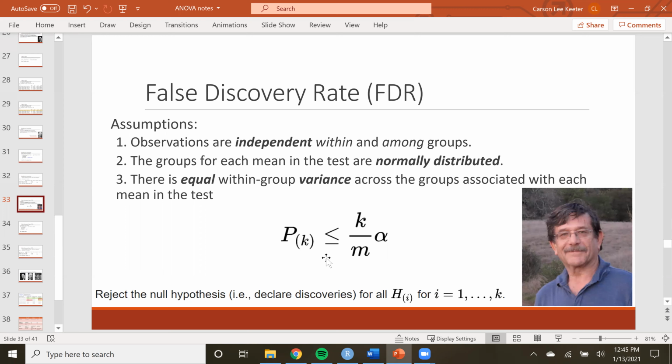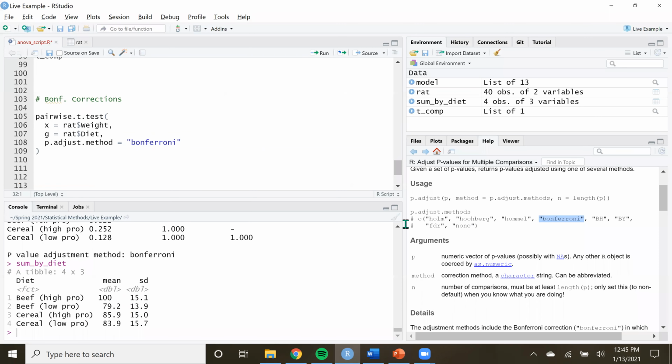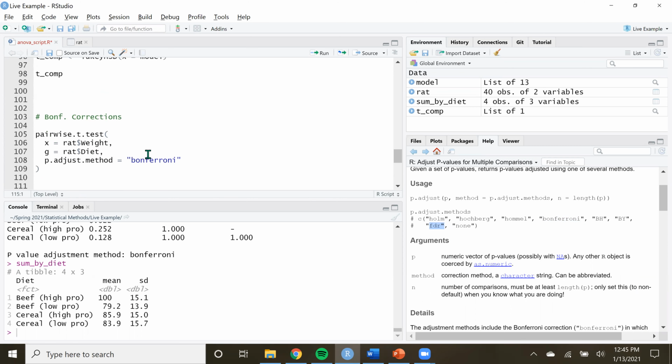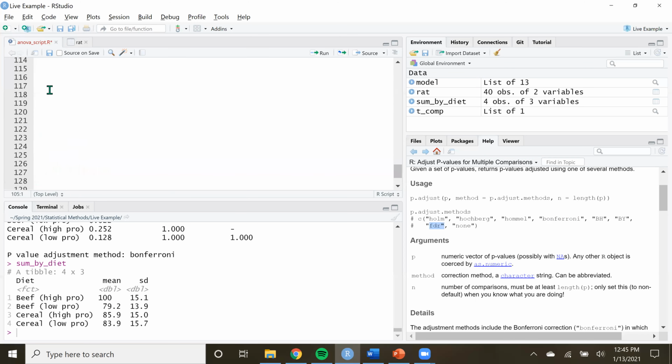So how do you code this? Well, if you come back here to R, let me give myself some more room. Cool. Check it out. We have all of these different options in here for the p-value adjustment that we want to do, and it turns out that FDR is in there as well. I'm just going to copy and paste. You'll find that this class is a lot of copying and pasting on your end. So if we put that in there, but change Bonferroni to FDR and run that,